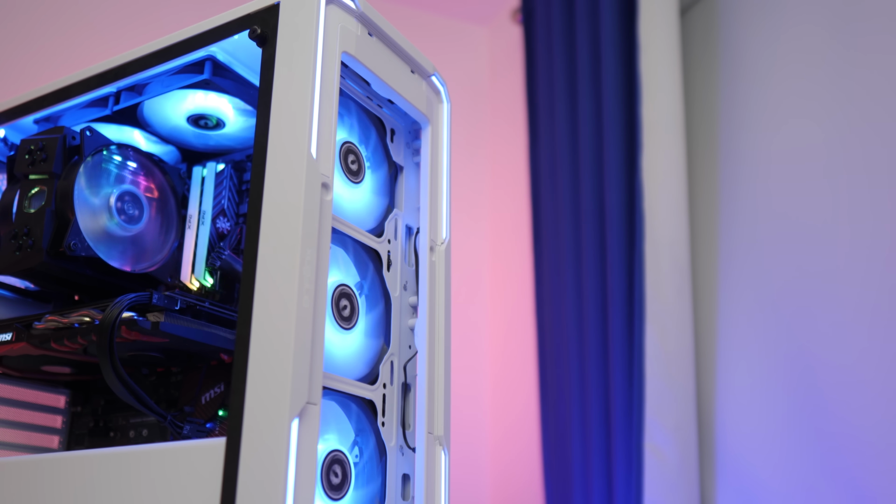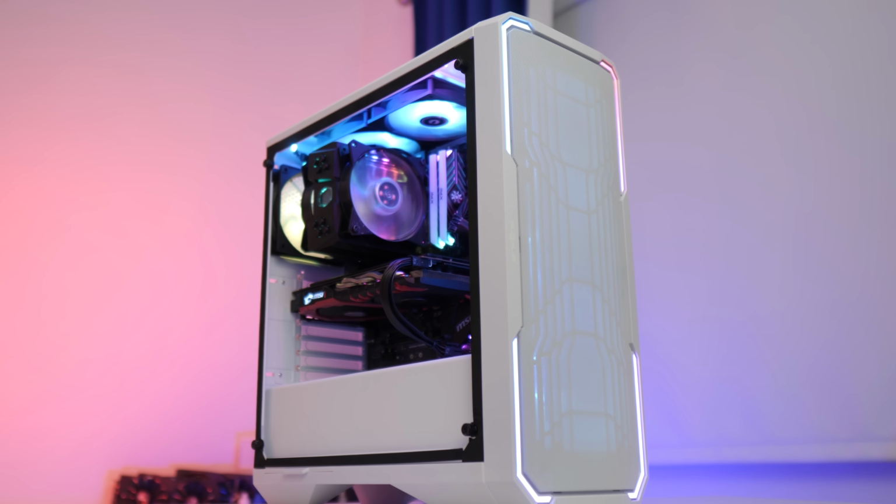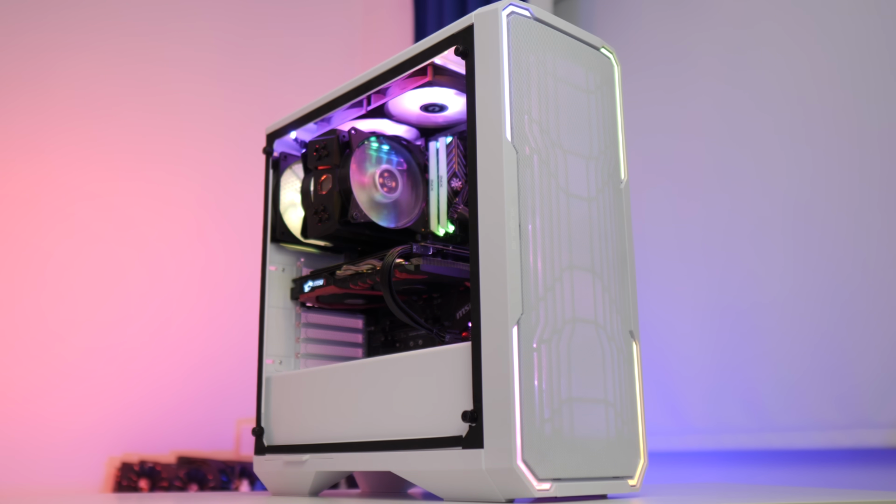The case includes a plethora of really nice features such as an included addressable RGB hub, a built-in power supply shield, some decent cable management options as well, and plentiful drive mounting support with room for a 360mm radiator at the front of the chassis. For the final part in this build, for the power supply, I selected a bit of a surprising unit